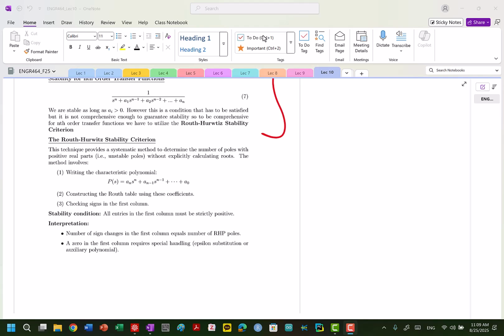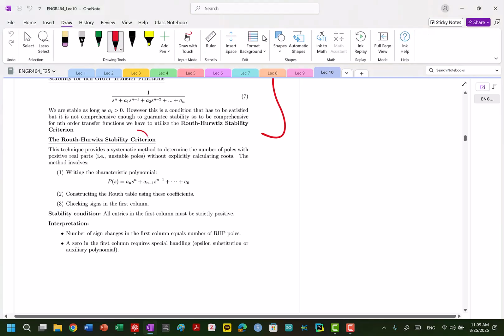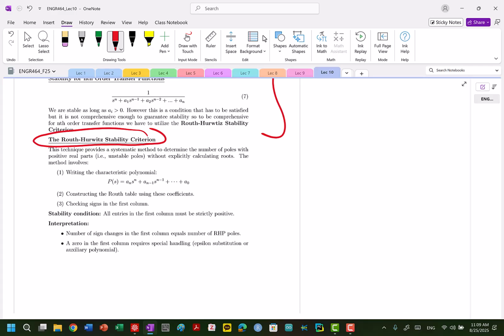All right, everyone, we are back and we are going to go through our Routh-Hurwitz stability criterion. This is an analytical technique that is going to allow us to figure out what are the conditions where we are stable for systems where we're greater than second order. So we have to look at